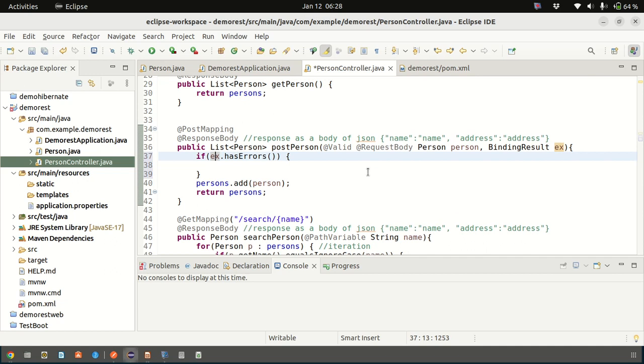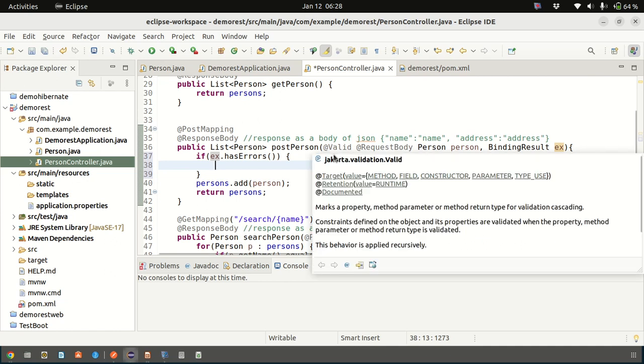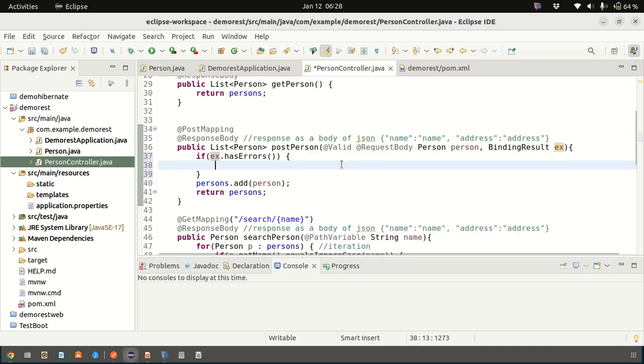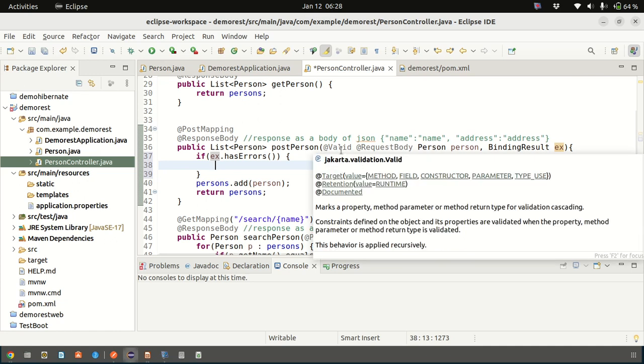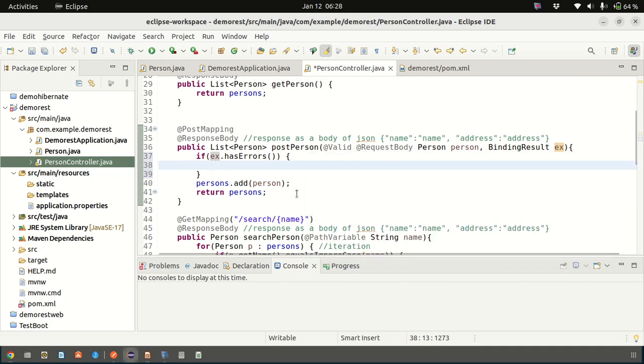So from the binding result we are going to check whether it is having any kind of errors, because @Valid is an annotation which will get all the particular results that it is able to find based on the constraints defined on that particular object, and the properties are validated. So it gets validated and it fills the errors, what do you say, binding result. Now if it finds any kind of error, then what we can do is we can tell that